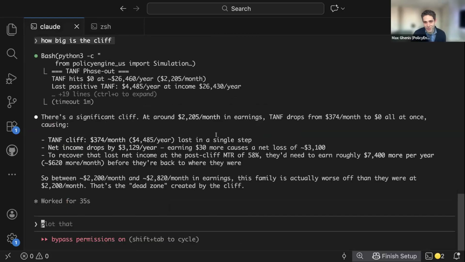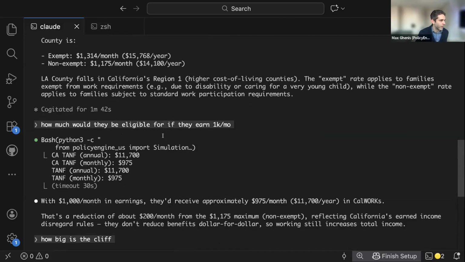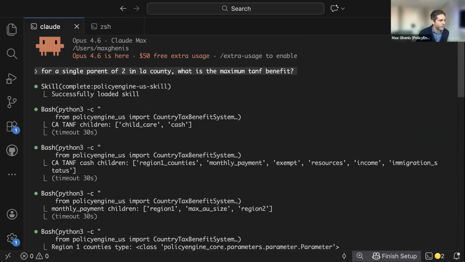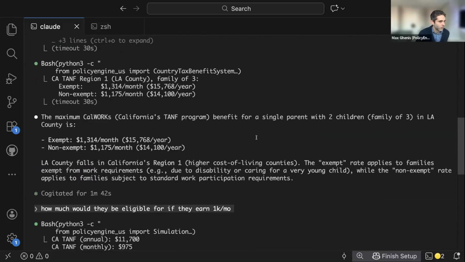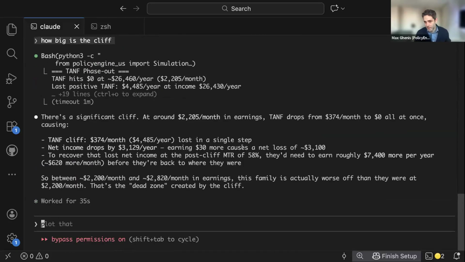Real quick, so I can stop showing you fixed width font stuff. This is the other question that we asked in the other session: for a single parent of two in LA County, we started with what's the maximum benefit, then asked it to calculate an amount, and now calculated the size of the cliff.